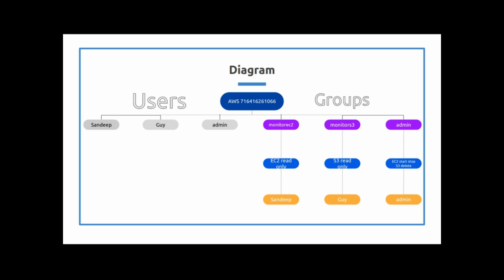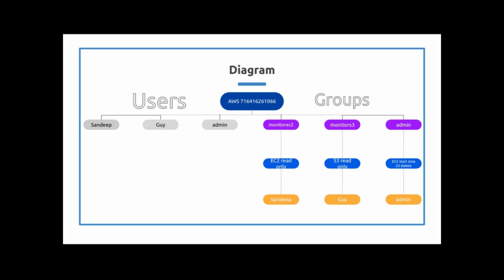So this part is the demo, right? This is a diagram of what is going to go on throughout the rest of this video. Just to explain it, at the top of the diagram is AWS, and then there's this number that's my account number.